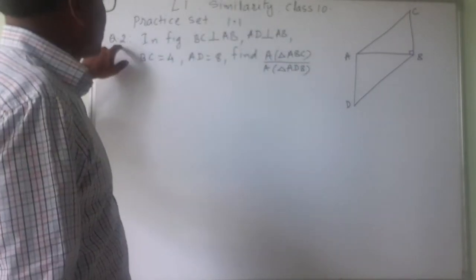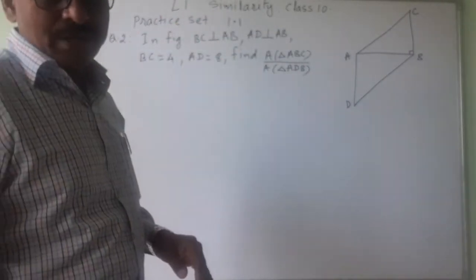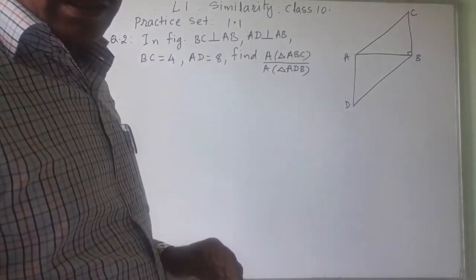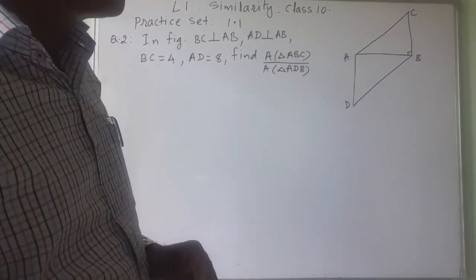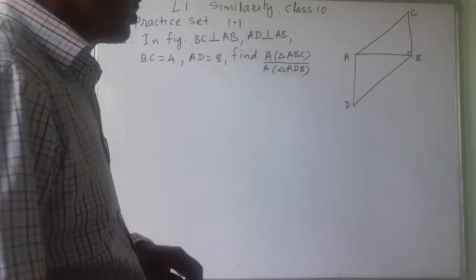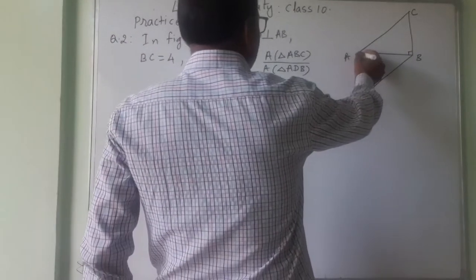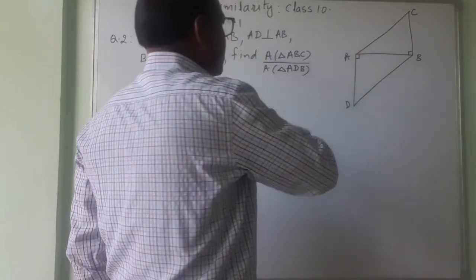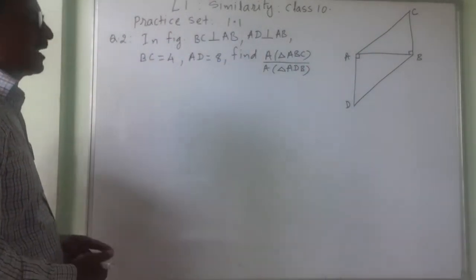In that, question number 2, question 1 is simple. Each and every sum I will not solve, but some important questions I will definitely solve. Those which you can do, I will not solve. Now you can take this sum. What is there in this sum is,